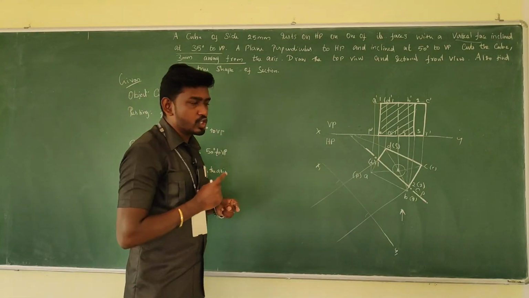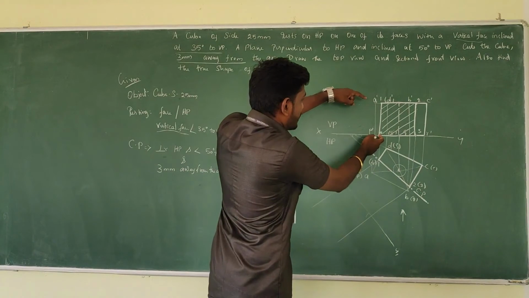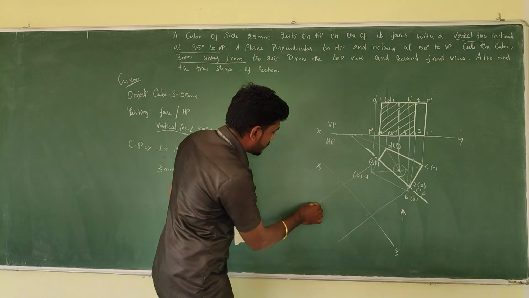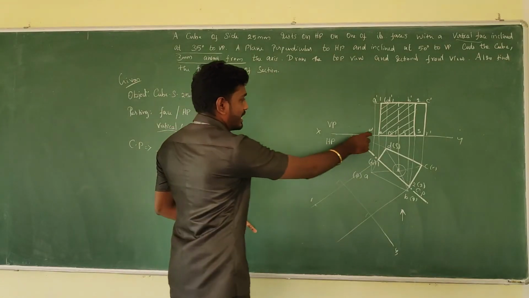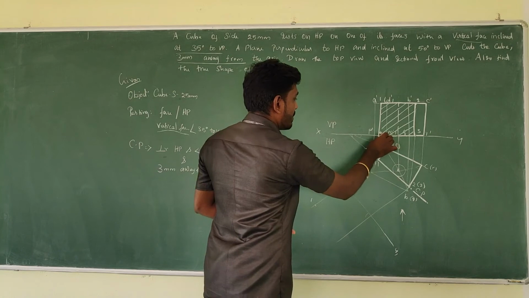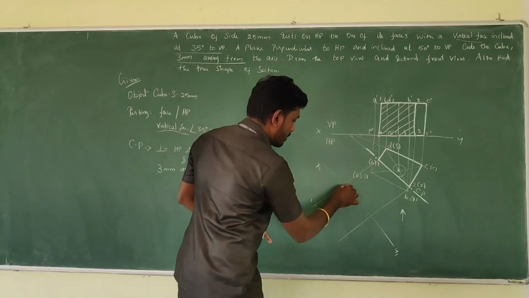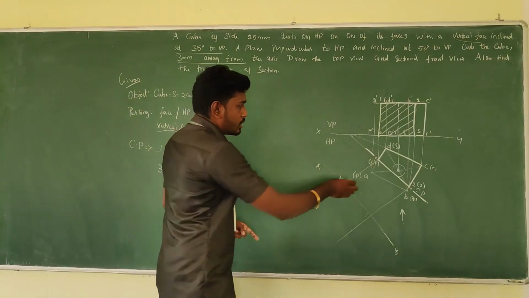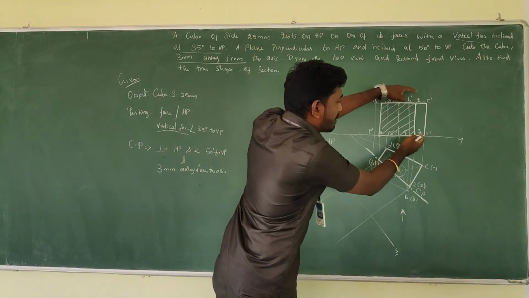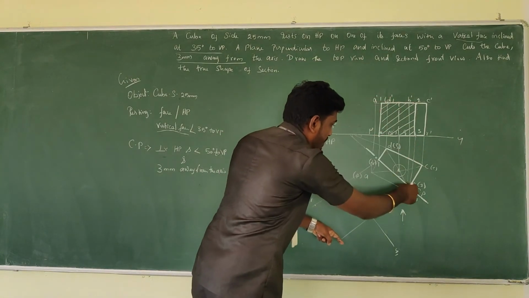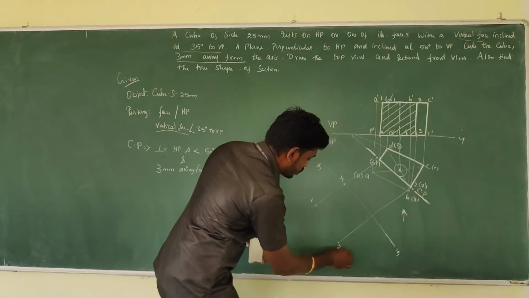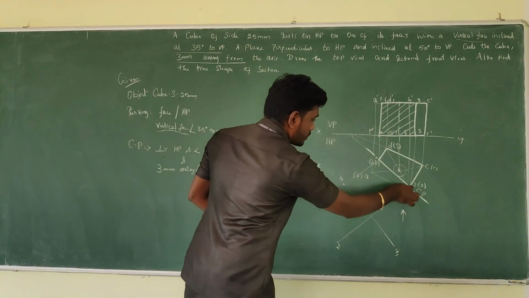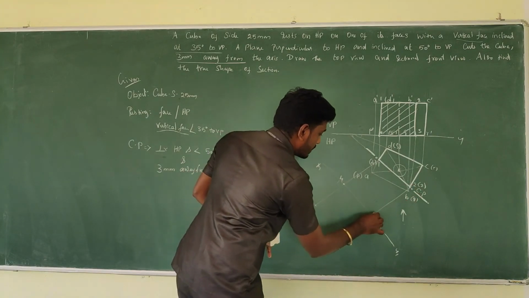If I want to mark the first point in the front view, measure its perpendicular distance from the reference line, and from the newly drawn reference line just transfer it, so you will get 1. Where is 4? It is on the reference line, am I right? In the projector of 4, I am going to note the 4th point. For 2, take the perpendicular distance from the reference line, and from the new reference line in the same projector, note the 2. Where is 3? It is on the XY line, in the projector of 3. So in the projector of 3, I am going to note that point.